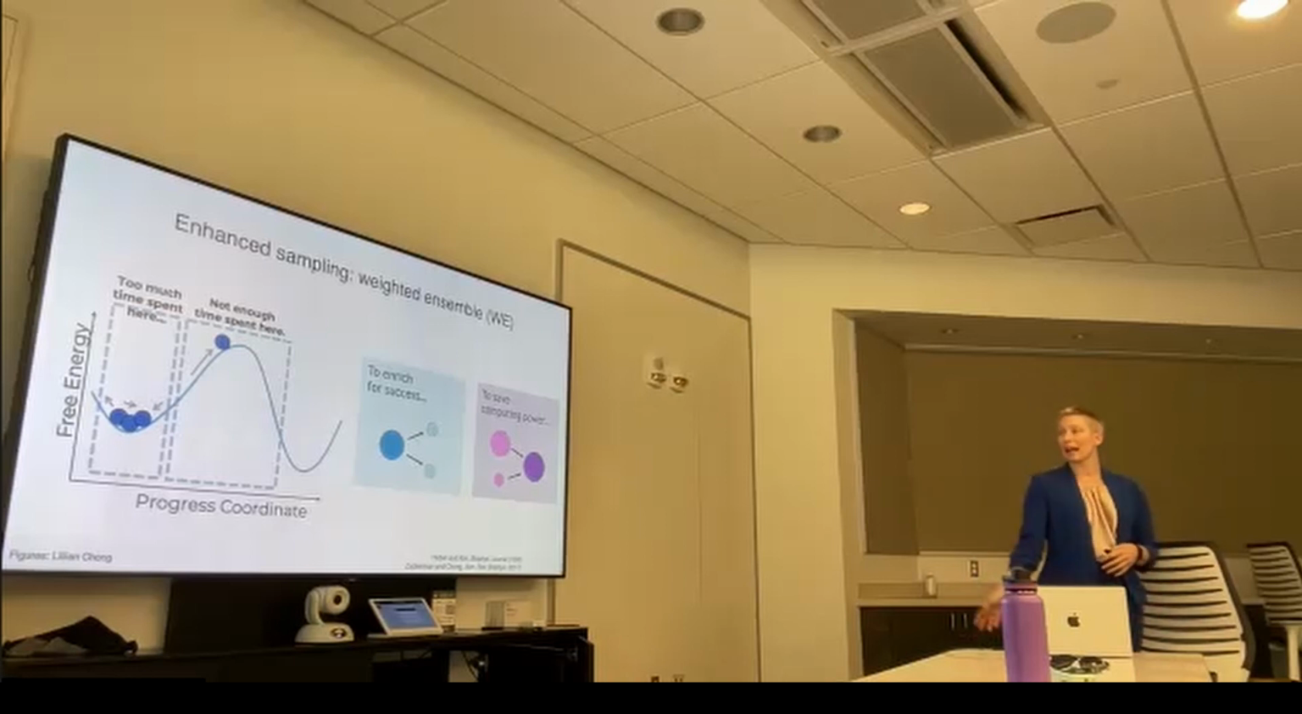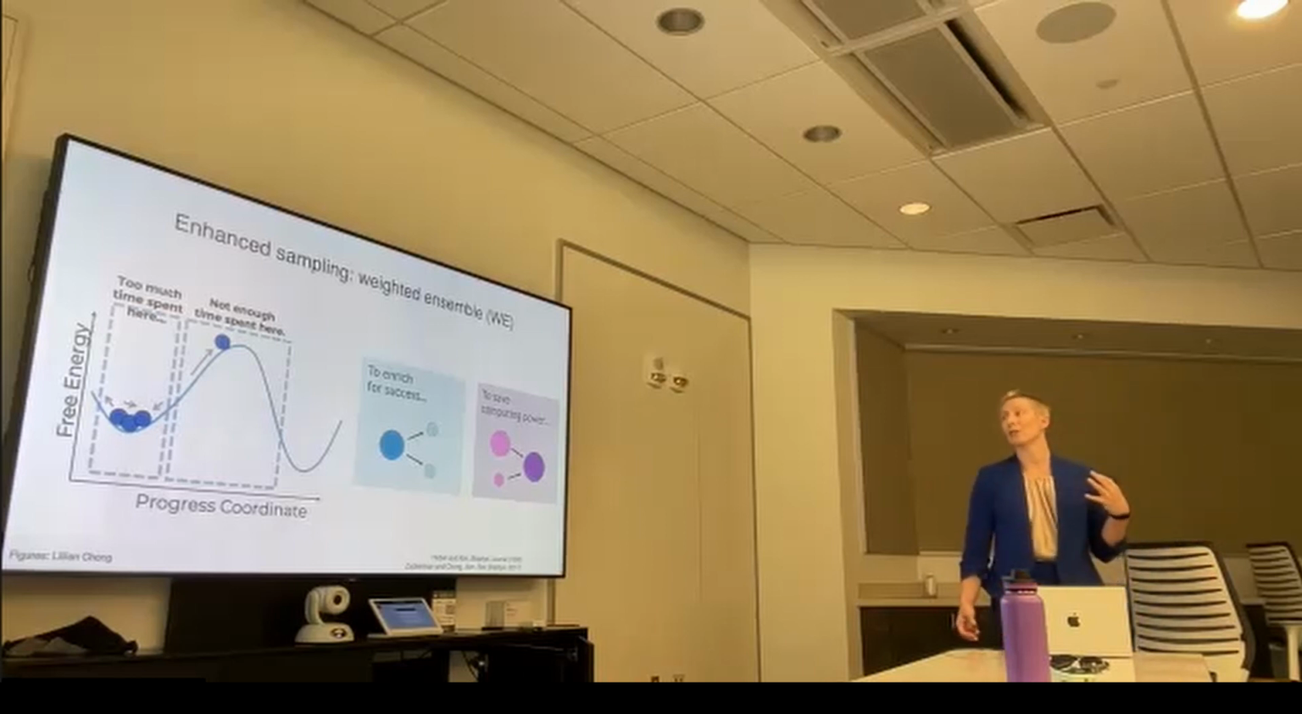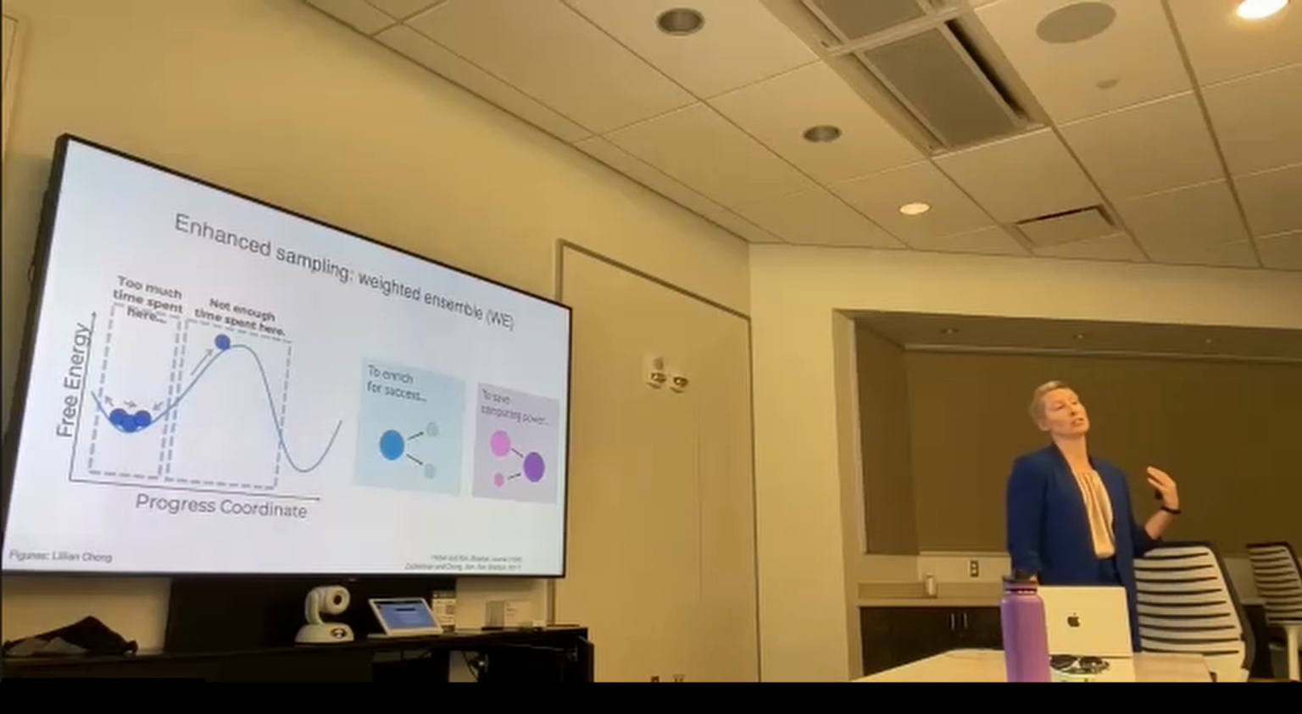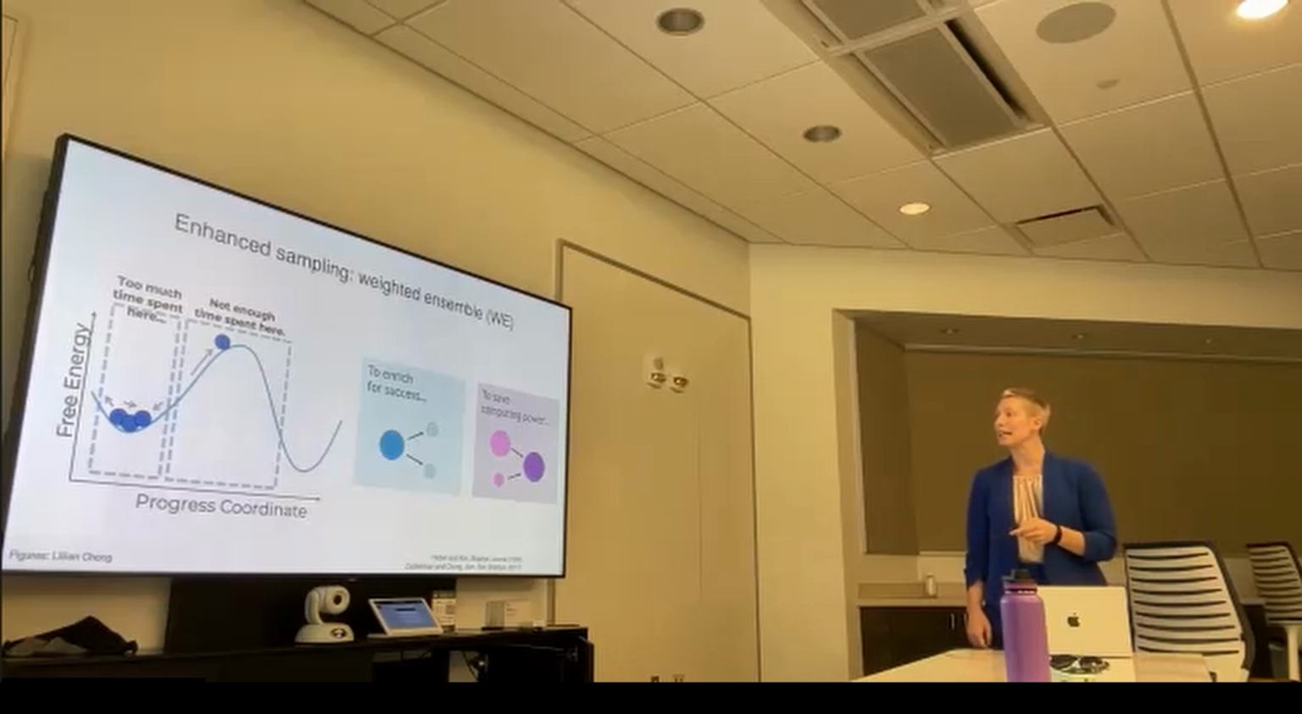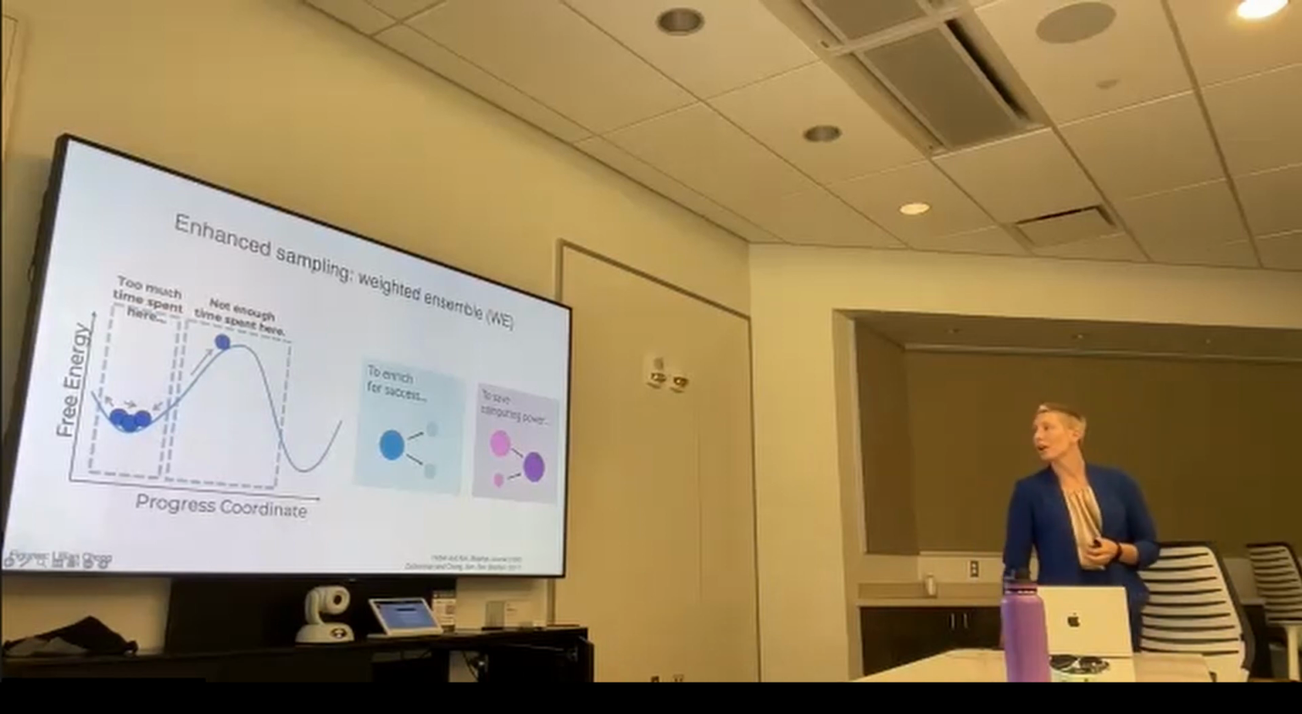So you have a start state and an end state, and you want to sample in between them. And you divide your conformational space into bins. And you start your simulation, they're all here in this low energy space, but very rarely you'll end up crossing a bin. And the way that this method works is